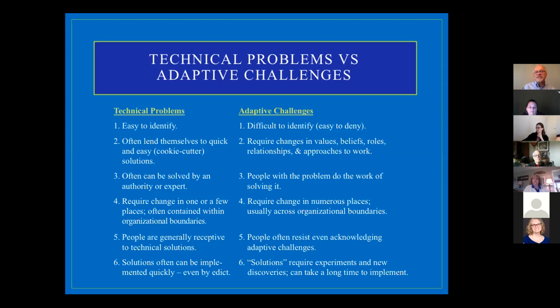But really, when we look at adaptive challenges, it's a chance for everybody to work together and come up with something new, something that one person can't really think of on their own. And it really starts with knowing the difference between technical problems and adaptive challenges. I've used many examples, and right now I couldn't think of a better one than stopping the spread of the COVID virus. We've seen social distancing, stores closing, people wearing masks, laws, regulations,